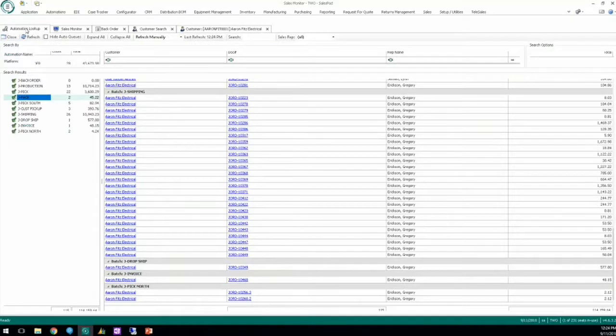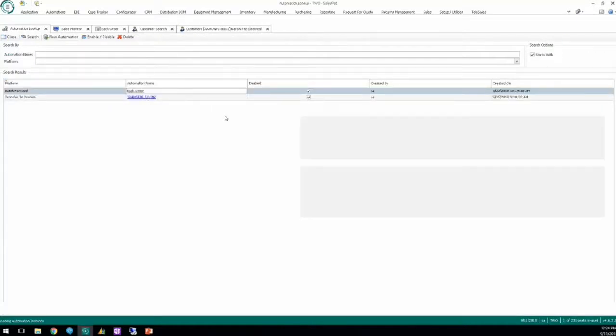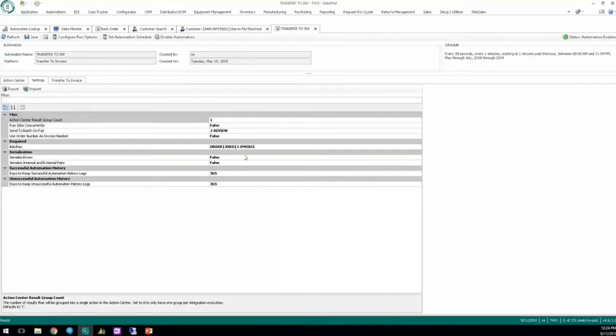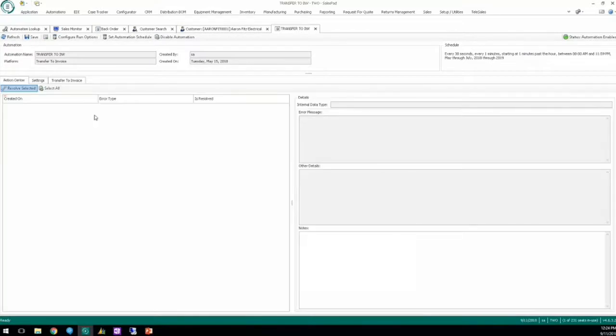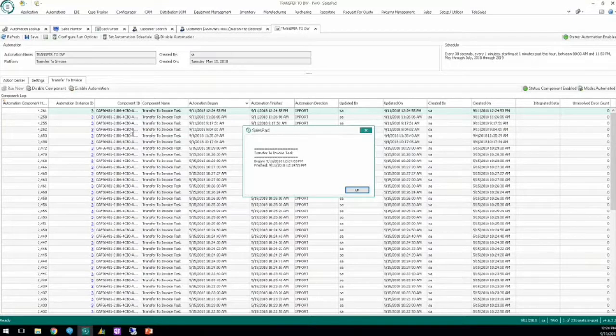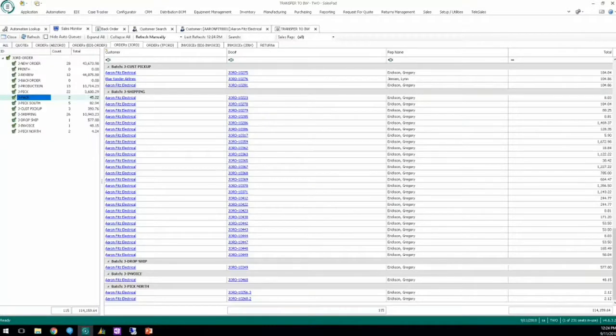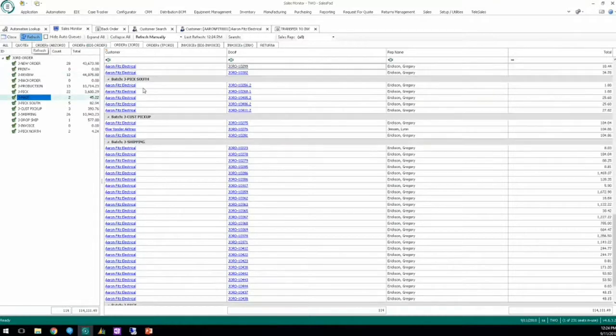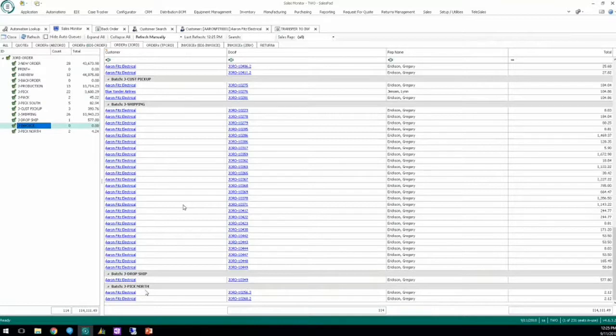If I go to my automations, I've got a transfer to invoice automation. If I look at my settings here, you can see that it's looking at that J-invoice queue, and it's going to transfer that to an invoice as soon as this runs. And so again, I'm going to run this on demand just so that we can see the immediate results of that automation running. And if I go back to my sales monitor, that was 10460. If I refresh this, you'll see my invoice queue is now empty